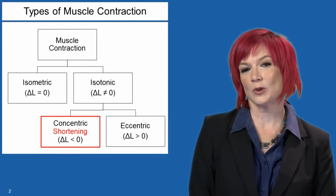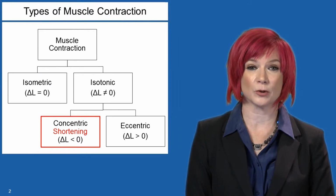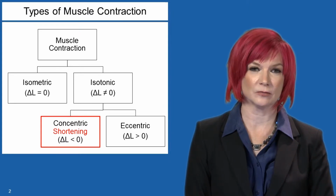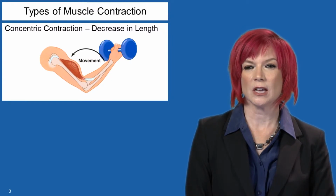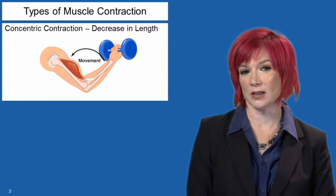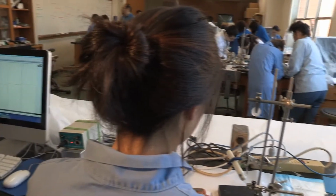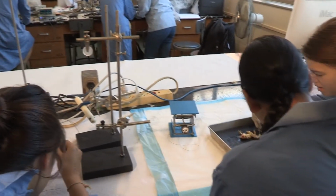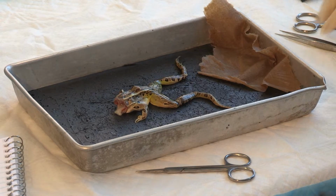In this lab video, we will learn how to experimentally measure muscle force in an isolated muscle prep. We will measure concentric force from the gastrocnemius muscle. Remember that concentric contraction is a shortening contraction in which there is a decrease in muscle length. The muscle will be dissected from the northern leopard frog, then electrically stimulated to cause it to contract. We can see all of the molecular lessons from excitation-contraction coupling in real life as we analyze muscle properties in